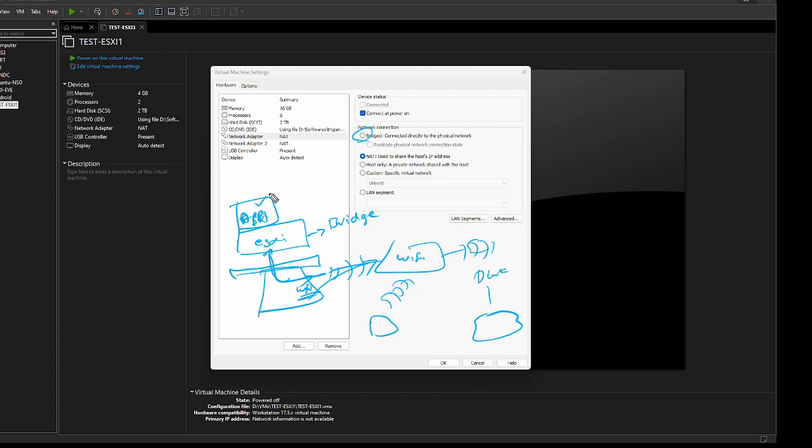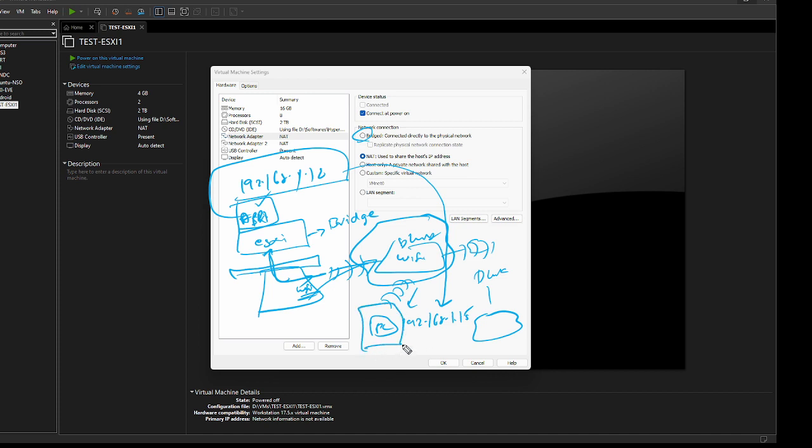Now, this application got an IP address from the D-Link router, for example 192.168.1.12, and this PC also got an IP address of 192.168.1.15. They are both able to communicate with each other because they are connected to the same Wi-Fi network. The only difference is that this physical machine is located in some other room and this machine is located inside your laptop.